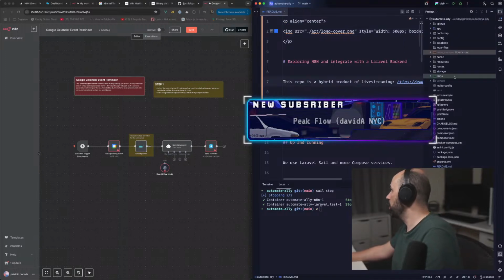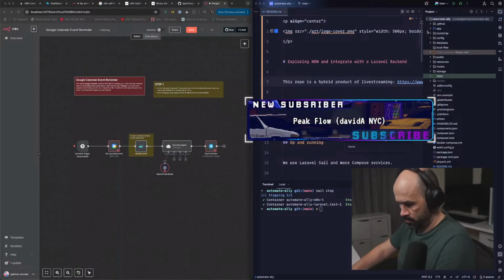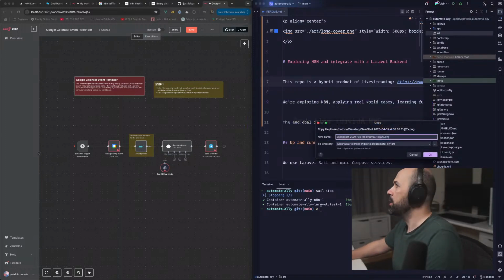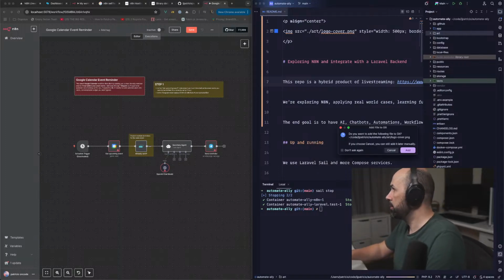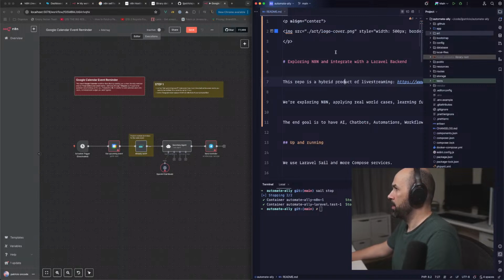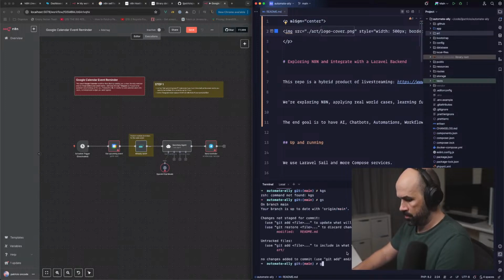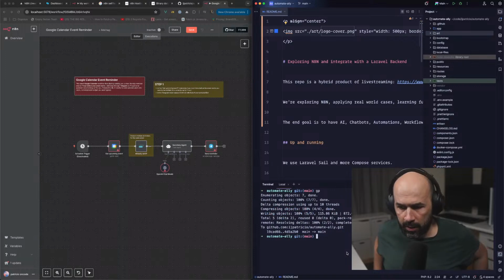And it should go into art, and it's gonna be logo cover. And if all goes well, add logo to readme. And I think we're ending.